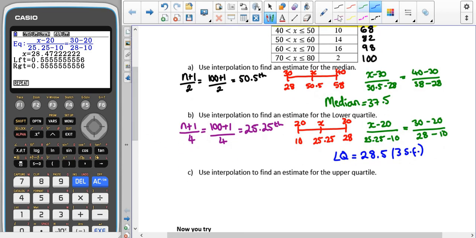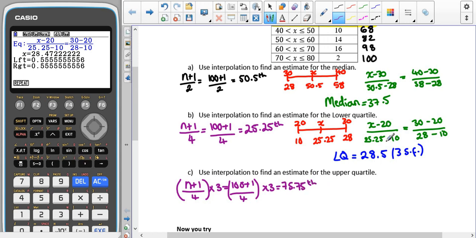Lastly, we're going to have a look at how we would do this for the upper quartile. So this time, it's like the lower quartile, n plus 1 divided by 4. But remember that that gives us the value that has 25% of the data less than the value. We want it so it's got 75% of the data less than that value. So we're then going to times that by 3, because if we times it by 2, we would get our median. When we times it by 3, we end up with our upper quartile. So that means that we're going to have 100 plus 1 divided by 4, and then that whole thing times by 3. And when you put that into your calculator, you should end up with